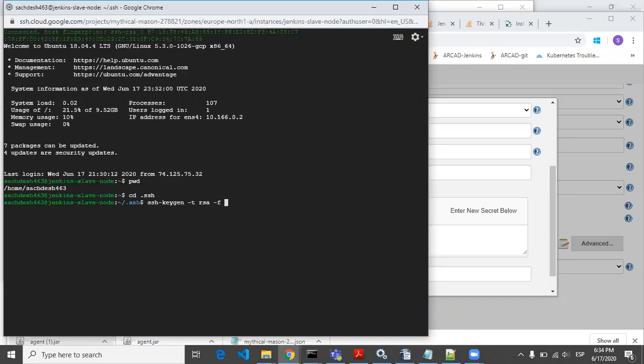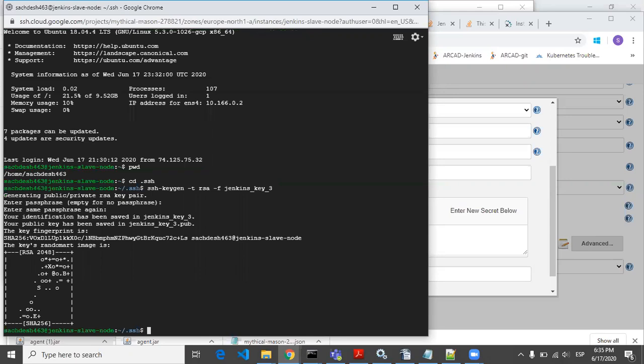Jenkins_key_3, because I might have created a key there already. Once you do this, just press enter, and this is the RSA image that is being created.